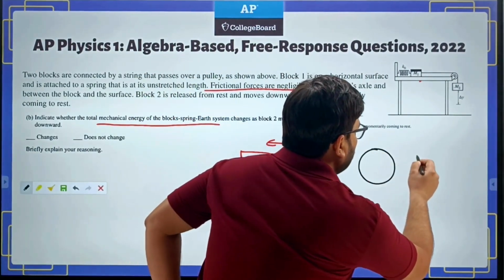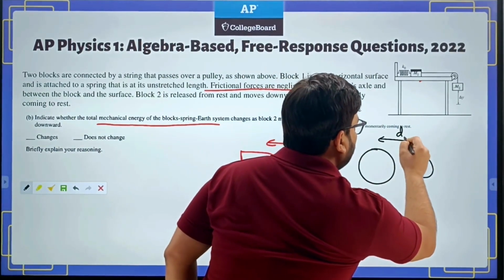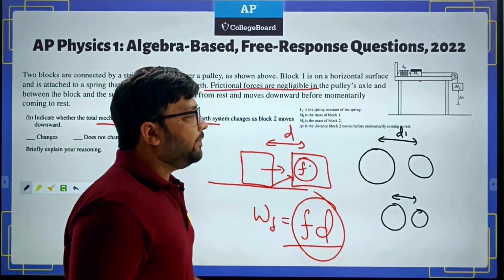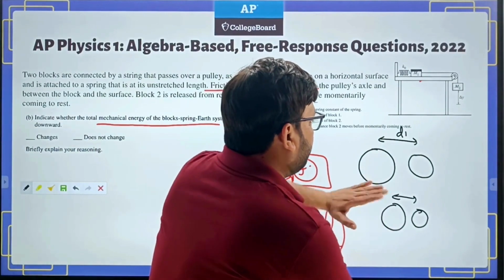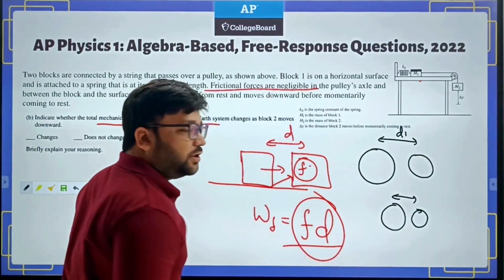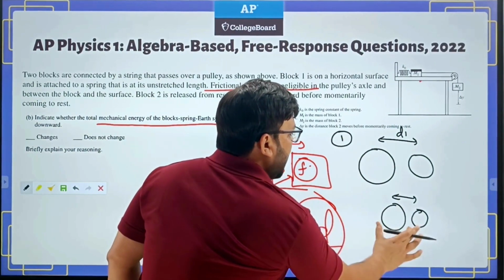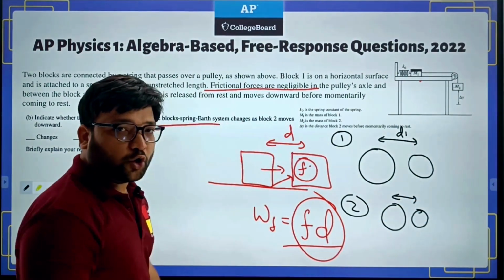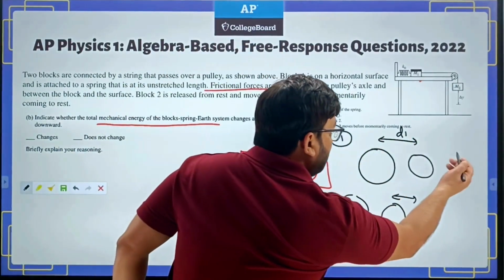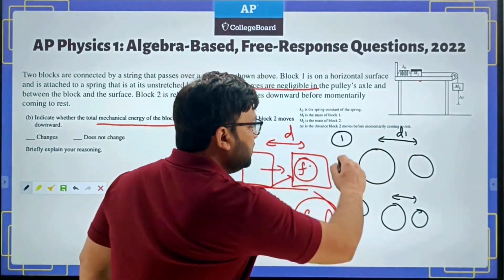Suppose these are two bodies. When they are this far, let's say distance d1, and they move a bit closer, whatever the forces between the two, they are applying on each other. So for this two-body system, there is no force from outside, right? Maybe this is case number 1 and this is case number 2, when the bodies have moved closer. The movement has been due to the forces between them. So here, the sum of the total potential energy and the total kinetic energy, whatever it was here,